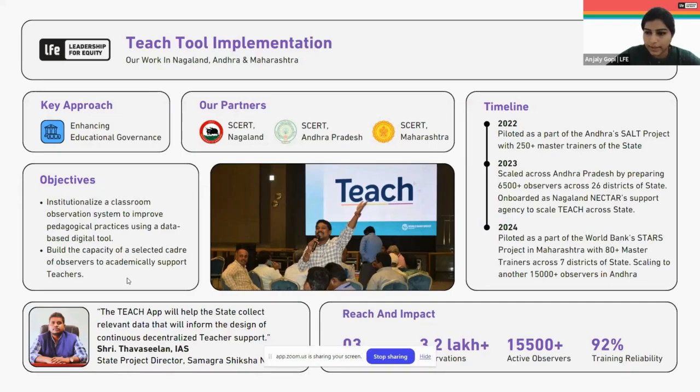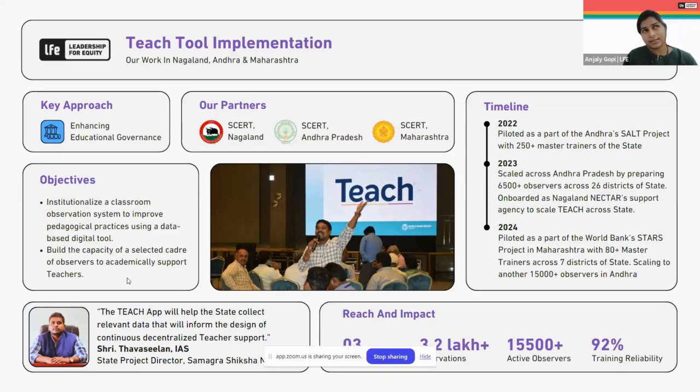One is subject-based support, providing subject-based courses or resources which they need, which may act as reference materials when they teach the students. And second is pedagogical support. Basically, how they effectively utilize the learning time, how they interact with students, how they support the students. So, all different kinds of pedagogical support.